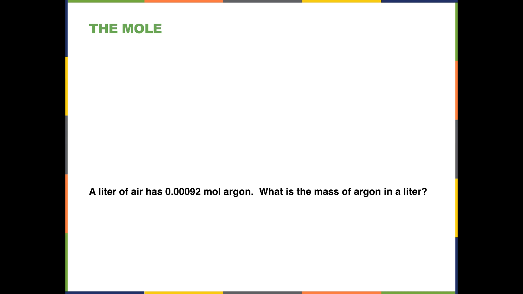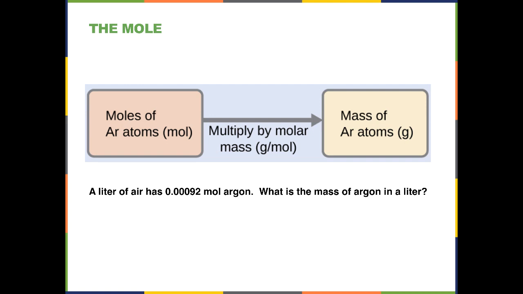A liter of air has 0.00092 moles of argon. What is the mass of argon in a liter of air? So how do we do that? Well, we start out, we know that we have a certain number of moles of argon atoms. We multiply that by the molar mass, which is grams per mole, and we end up with the mass of argon atoms in grams. Again, you'll notice that the mole labels cancel each other out, and you're left with the